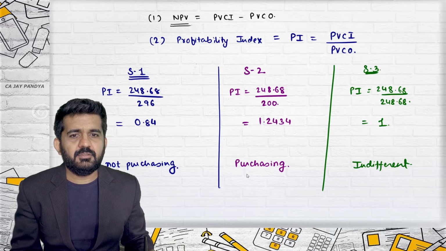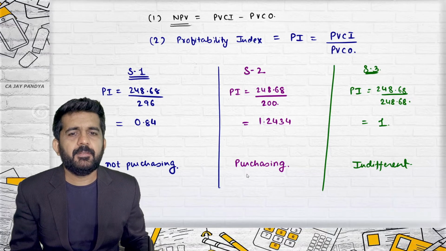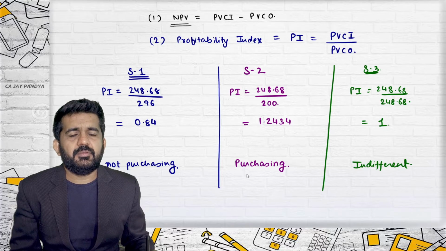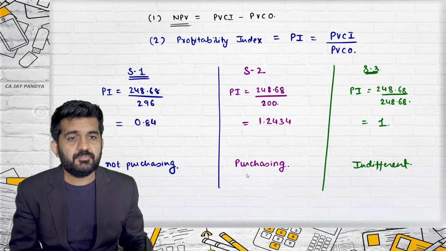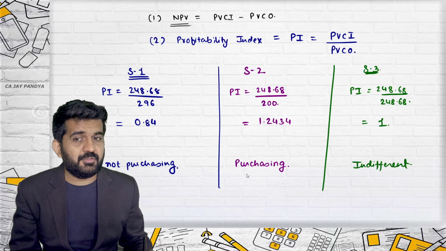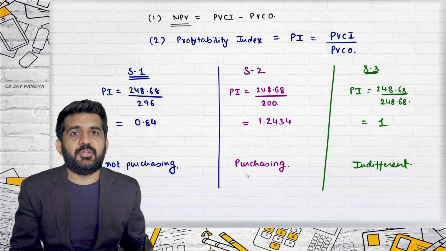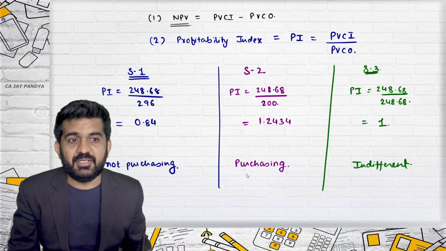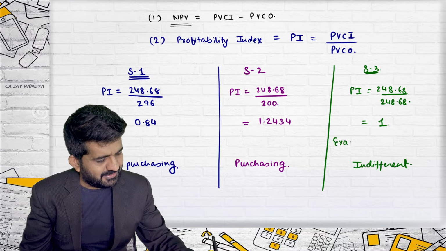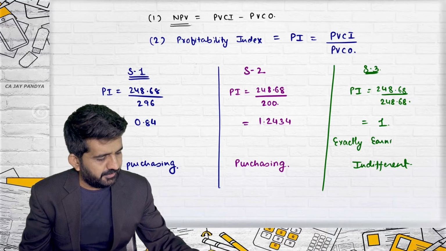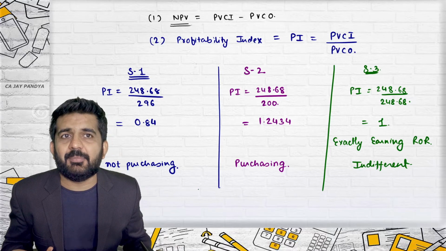Why greater than 1? Yes, PI should be greater. Your answer is correct. My question is why? Then we will get our profit. What is our required profit, we will get it. You will be getting profit or something else? Return. Exactly. You will be getting your required rate of return. If PI is equal to 1, you will be exactly earning 10%. Try to concentrate over here. You are exactly earning ROR.